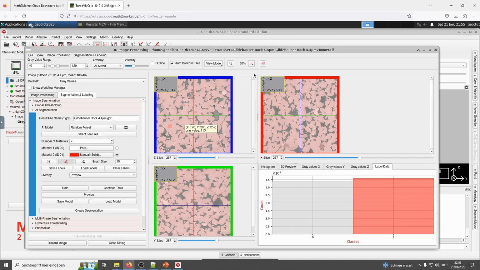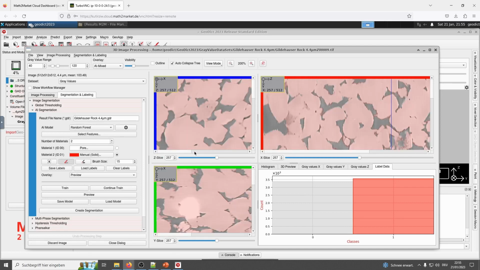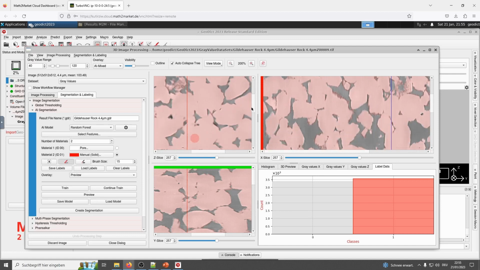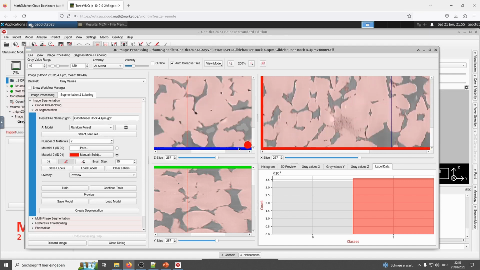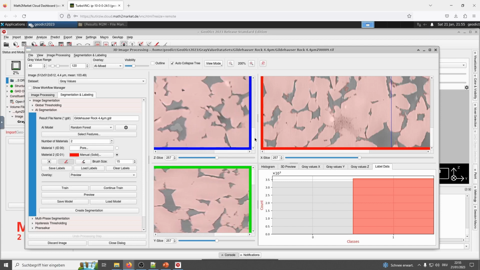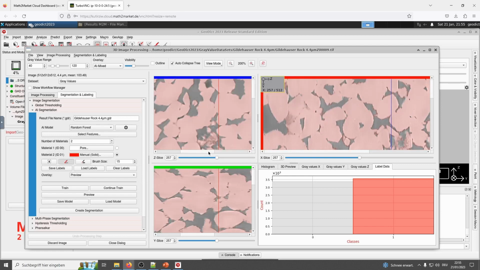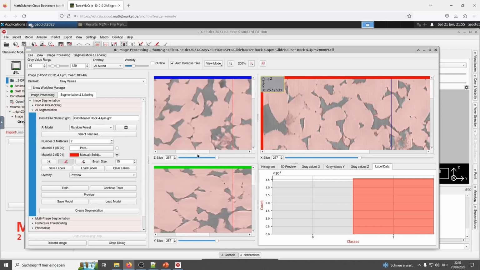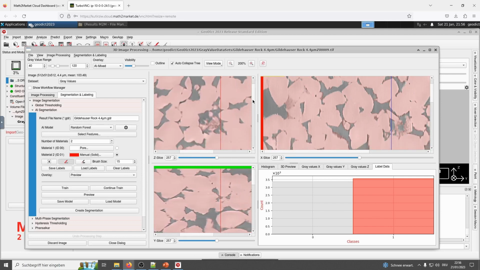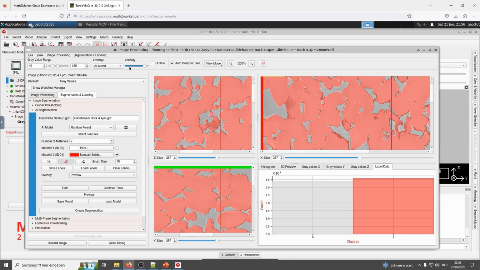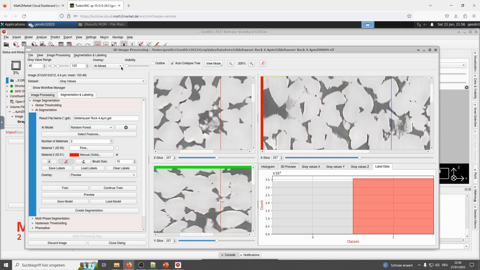Let us zoom in. As we can see, predictions look great.